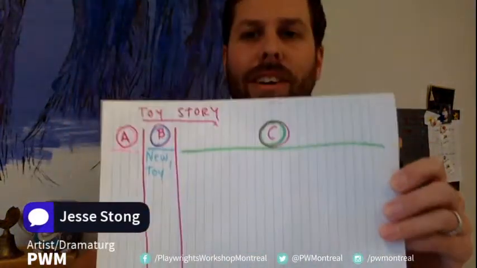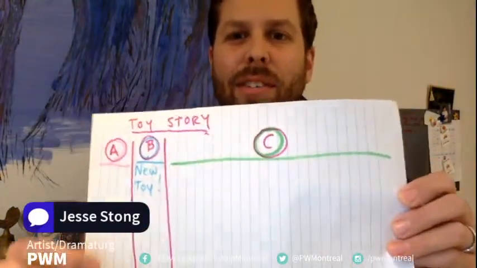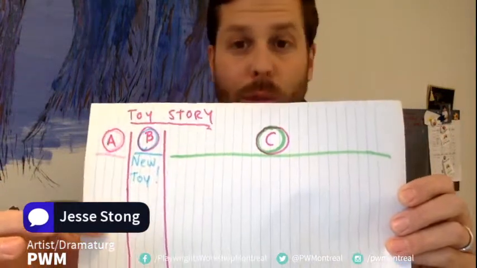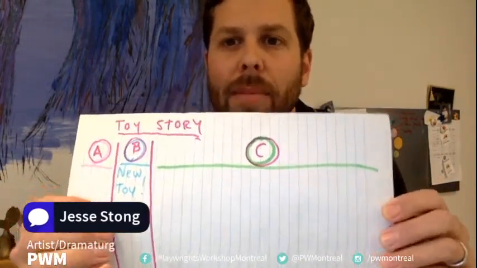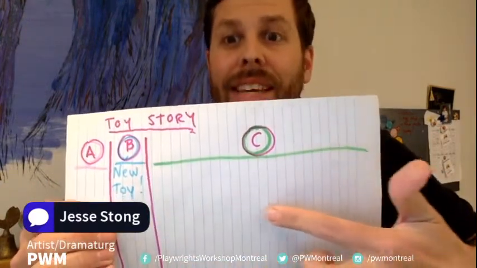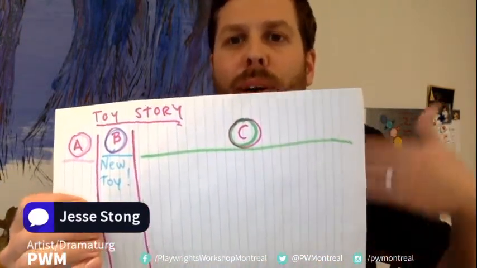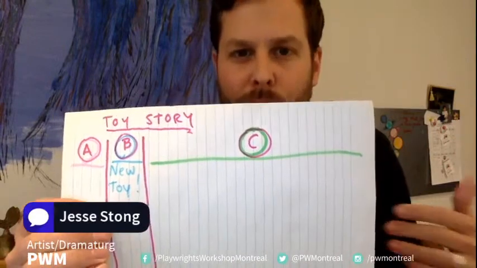There's a new toy in the house, right? And what's really interesting, if you look at the structure, here I have this little chart that I put some colors on. There's that little intro A, where it's before the new toy. There's B, that new toy arrives. And then most of the movie is actually C. It's adapting to the new toy, growing with the new toy, saving the new toy, becoming friends.